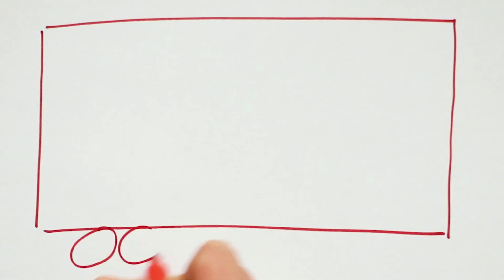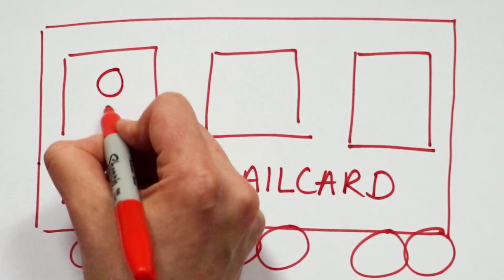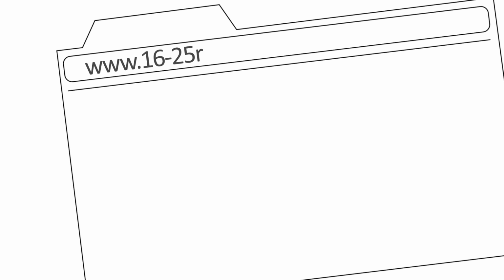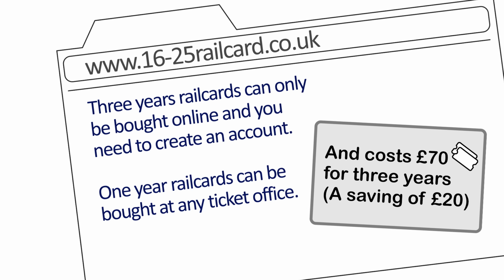Let's start with the 16 to 25 railcard. As its name suggests, this is for people aged between 16 and 25 and is one of the few railcards that can be used at any time, not just off-peak hours, to get a third off discount. Popular with students, you can also buy it if you are in full-time education over the age of 25. There's also a 3-year version, and right there is our biggest tip. Buy this 3-year version in the week before your 24th birthday and you can use it right up until the